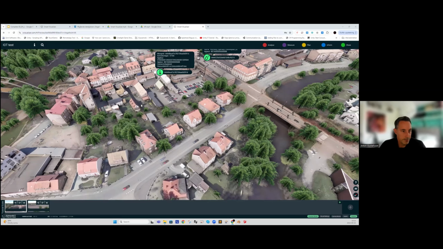So, great progress on the Smart Visualizer. It was really nice to see. Do you also now use the open Google 3D Maps API in your solution? Not right now, but there is a plan to integrate that also. Not all customers have 3D data, or they come from different industries. It's not just municipalities. They need default data in the background, but they don't have it. So we are going to integrate Google Tiles also.